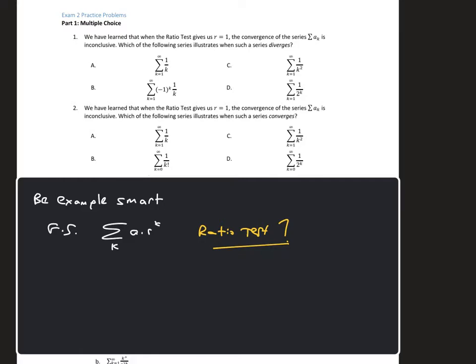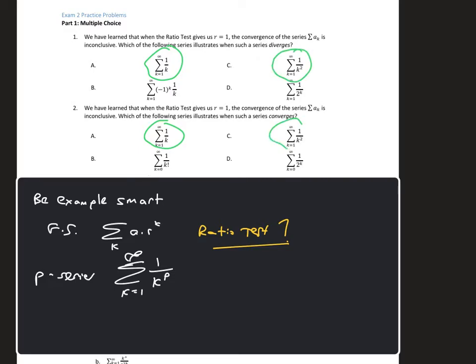The other family of series that we've talked about being a family are the p-series, and so these are when you have 1 over k to a power. Again, the sum is over k. So, for example, letter A and letter C, the one next to it, all of those things on this page, those are p-series. The letter A ones are that series when p equals 1, and letter C is p-series when p is equal